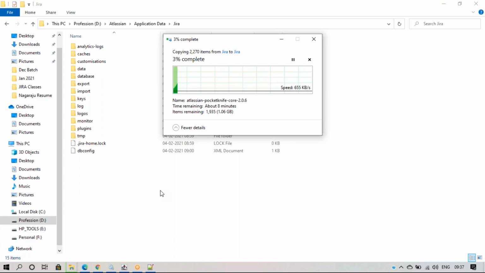If you want the same exact data, you can move it. Or else if you don't want the exact data, if plugins are not mandatory to move, you don't have to move them. Okay, but if you want to get this, we need to move to these folders too.